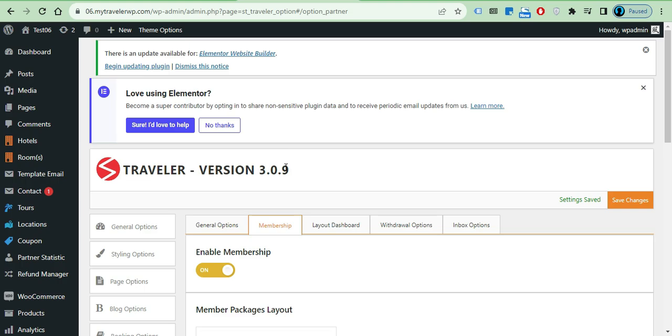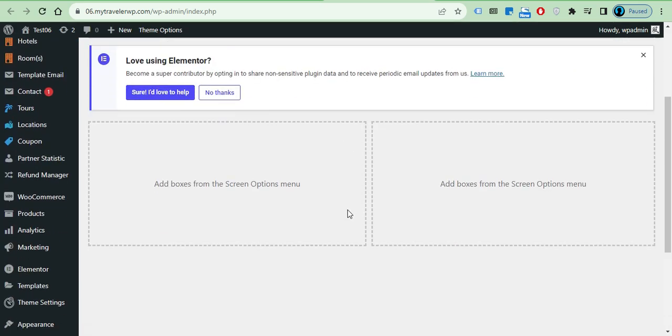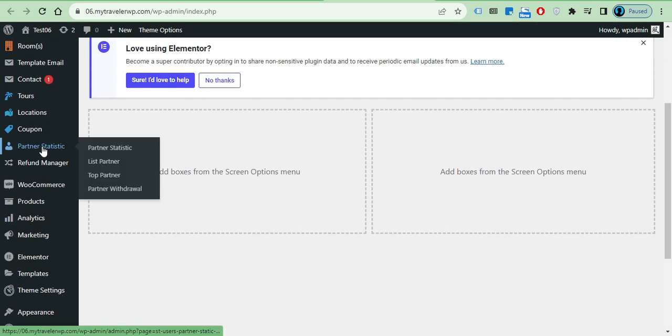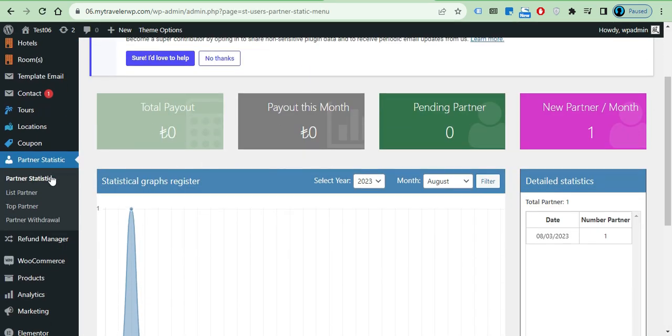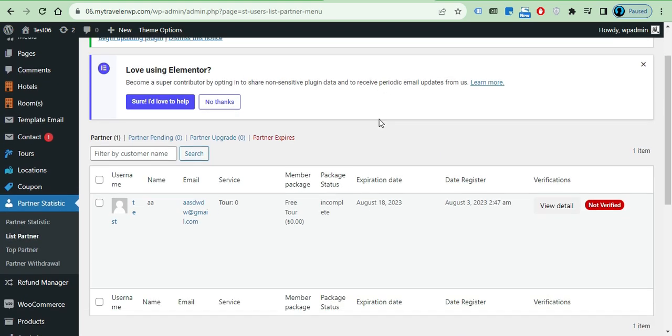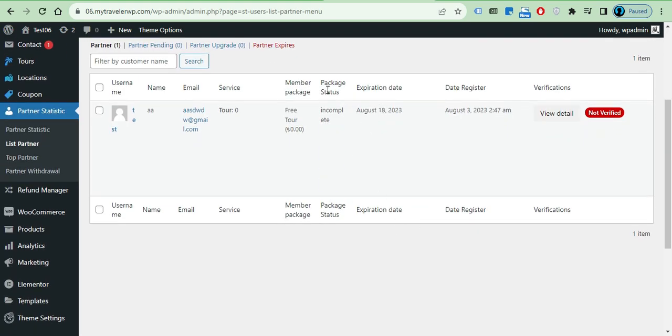And next, on the admin, we have to go to the dashboard, click the partner statistic, and select the list partner. Choose the partner you want to approve. Click complete, and right now,